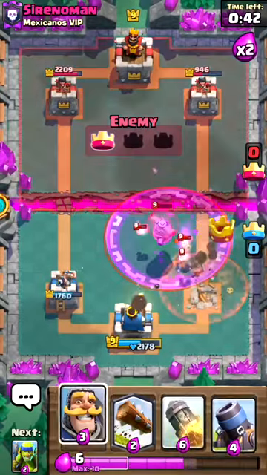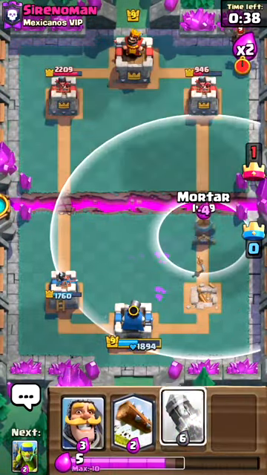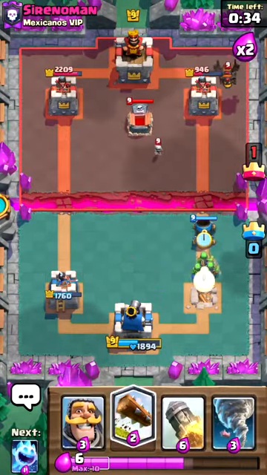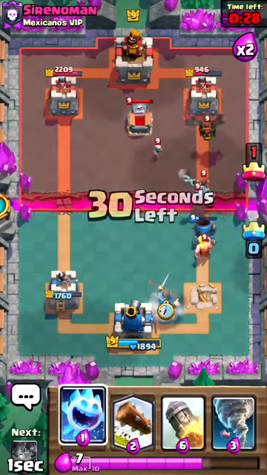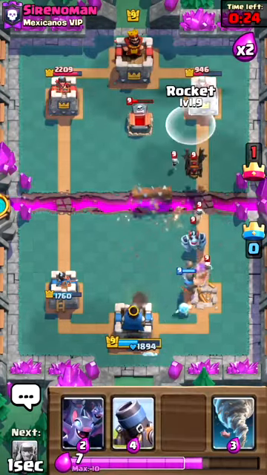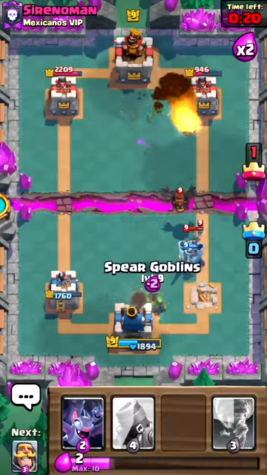This is going to be a hard matchup because Mortar does not really do super well against Lava Hound. He's going to go for the 3 crown. Good. Okay, this is where things are going to start getting really problematic. We're going to have to log that. We're going to have to rocket it. And we need another... Oh, this is where they start...